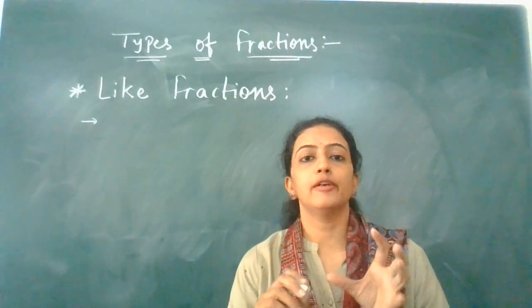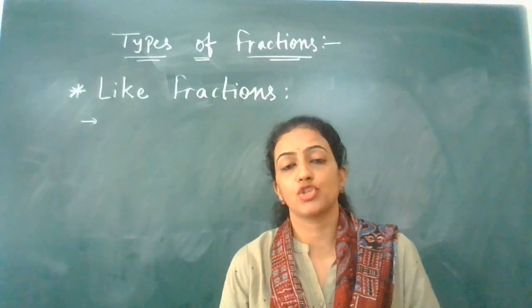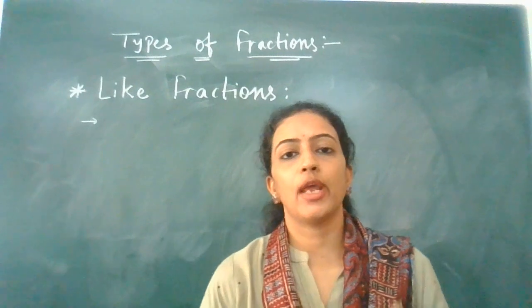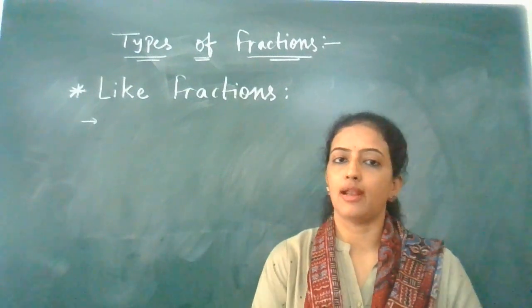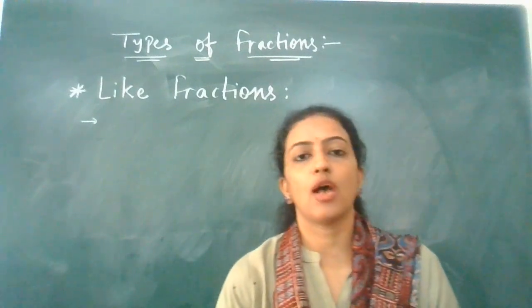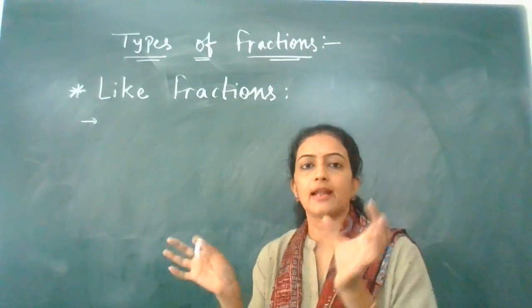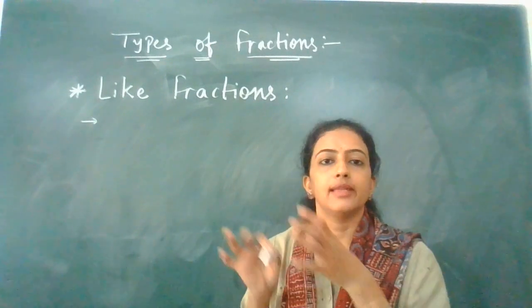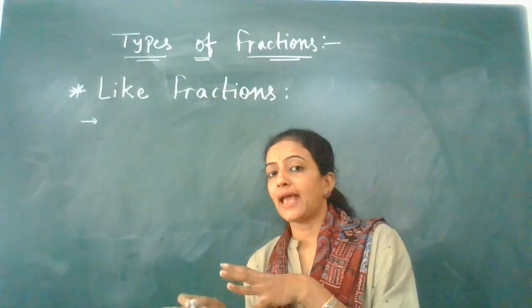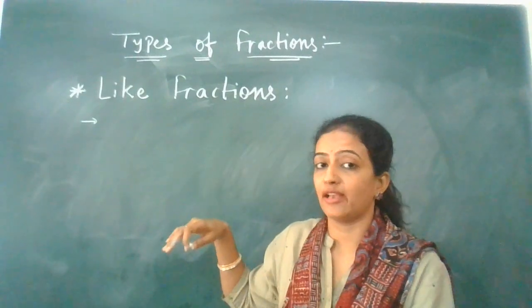Okay, they are always in a group. You can represent like fractions or unlike fractions with two fractions or more than two fractions. Okay, a single fraction you cannot classify as a like or unlike fraction. So always remember, like and unlike fractions are always in a group, not single. Okay, two or more. There must be two or more fractions together, then only they can be considered as like fractions or unlike fractions. Okay, so first type is like fraction, then next type is unlike fraction.